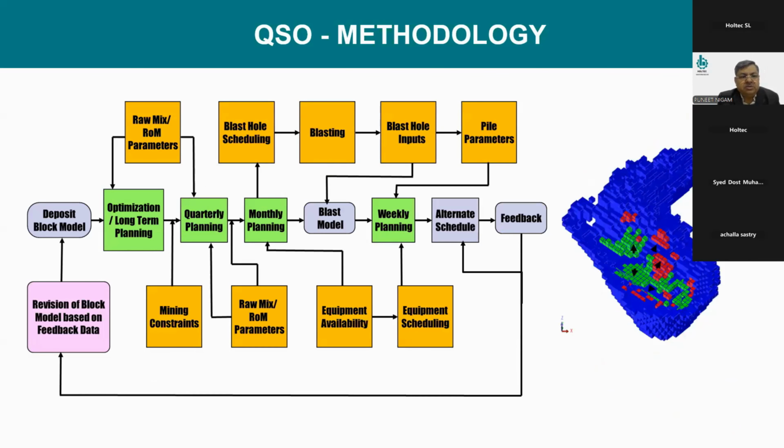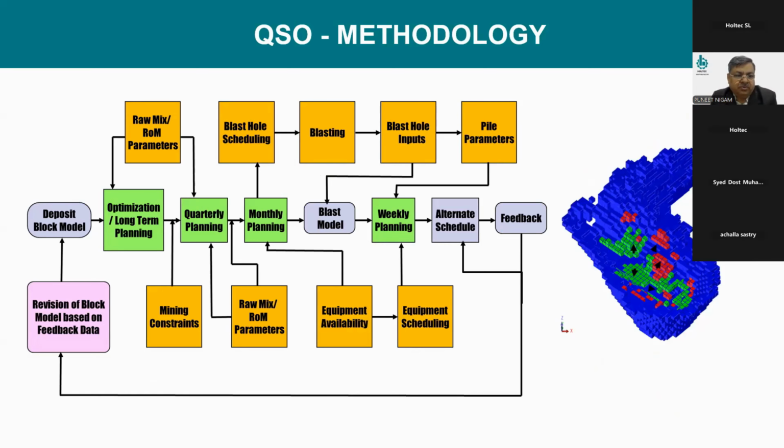So this is just the methodology. We are just showing this after CADE, the computer model, when data is generated from the block model, that model we will use for our optimization purpose. After optimizations, we go further. The optimization is based mainly on the raw mix parameters,